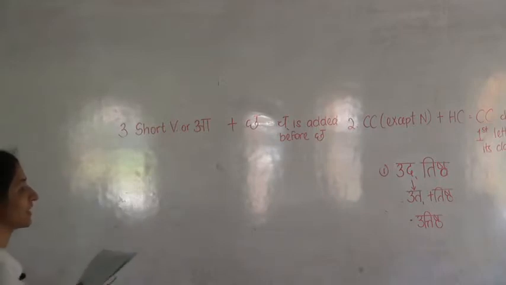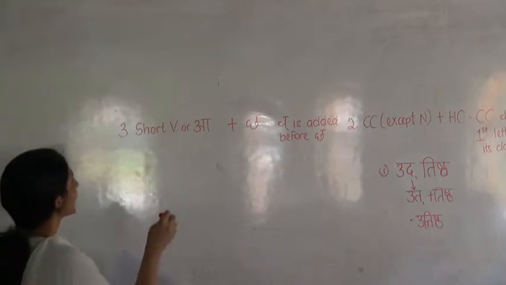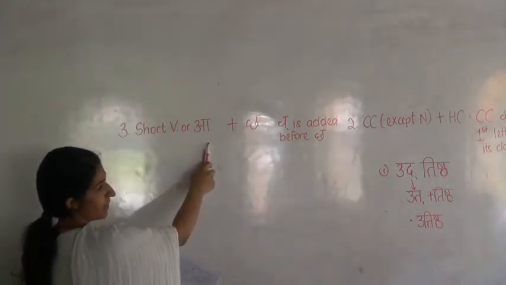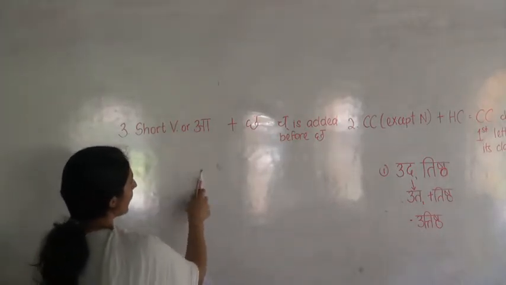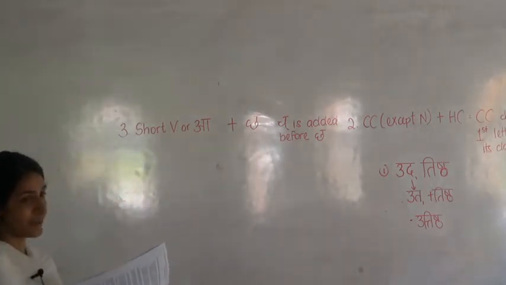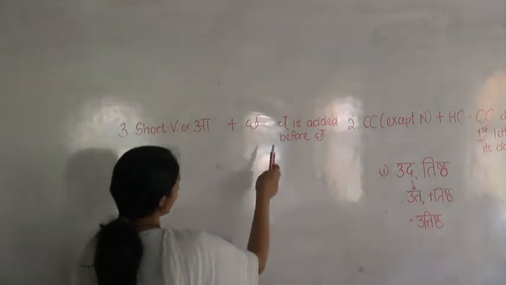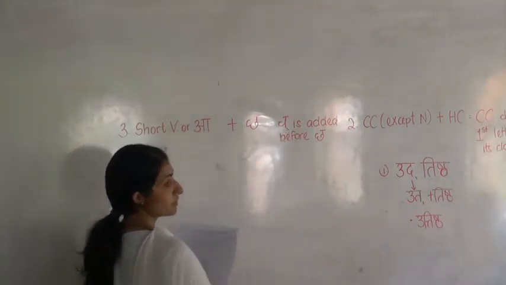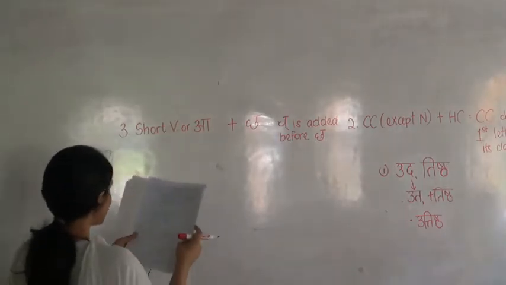Okay, so let's see number 3. If you have a short vowel or a at the end of a word, and the first letter of the next word is a ch, right? Then the rule is that we add a chahalant before the ch, right? So an example would be